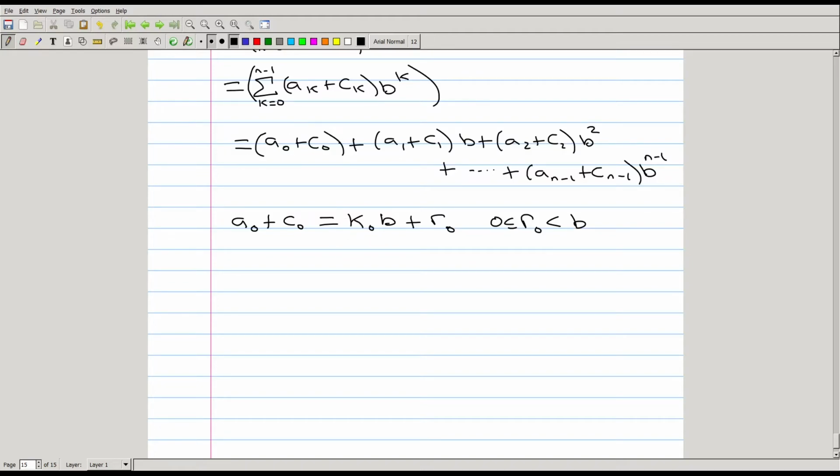And what's going to be carried over from this term into the next term up is going to be k naught. So what we have to do then is divide A1 plus C1 plus k naught by b